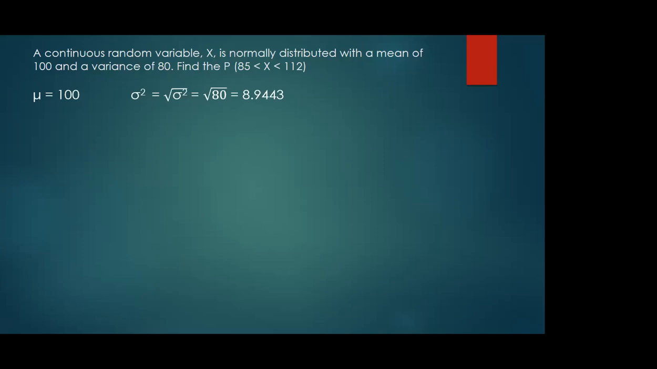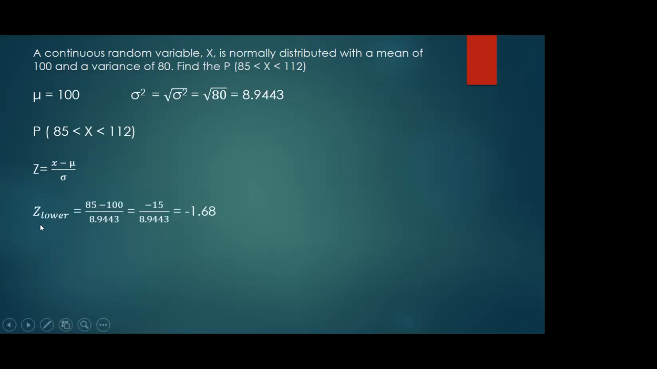Next, we need to write a probability statement. So the probability is that X is between 85 and 112. We know that now we need to standardize our values. So our formula to standardize is X minus mu divided by our standard deviation. First, we're going to solve for Z lower. So Z lower